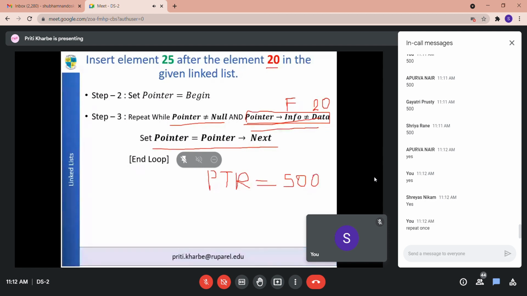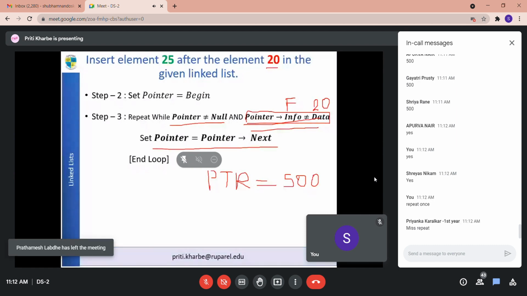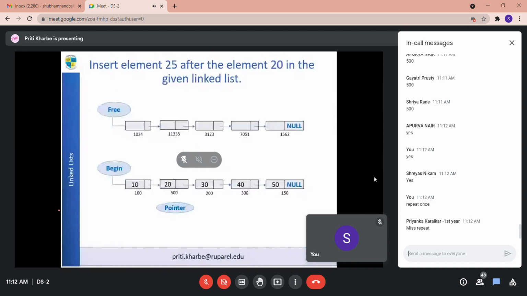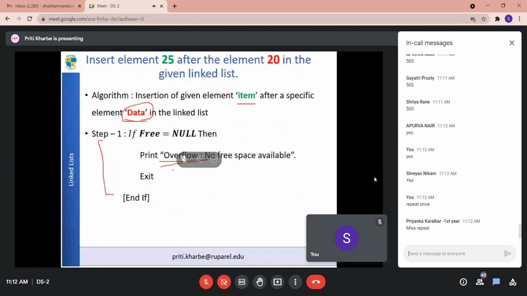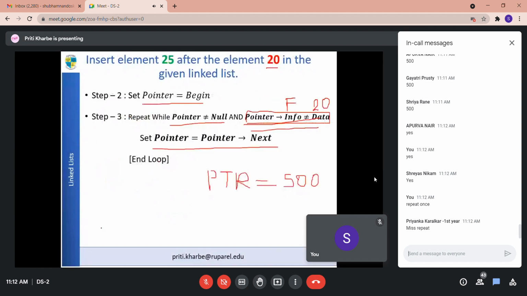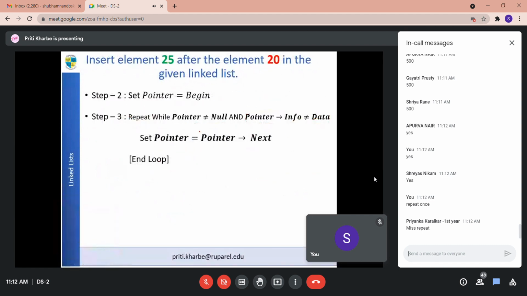So now, okay, let us take help of a diagram. When we started this algorithm, what did it say? First pointer is equal to begin, and you repeat the steps till pointer is not equal to null and pointer's info is not equal to data. This statement is for moving to the next node.